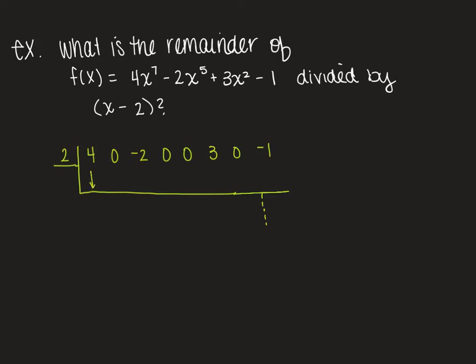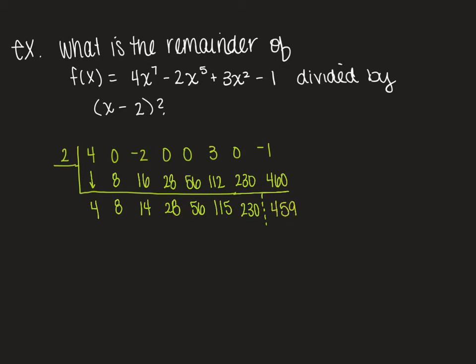Remember, we're going to add down and multiply up. So I'm going to multiply that by 2 and I get 8. Add down and I get 8. Multiply up, I get 16. Add down 14. Multiply up 28. Add down 28. Multiply up 56. Add down 56. Multiply up 112. Add down 115. Multiply up 230. Add down 230, multiply up 460, and add down